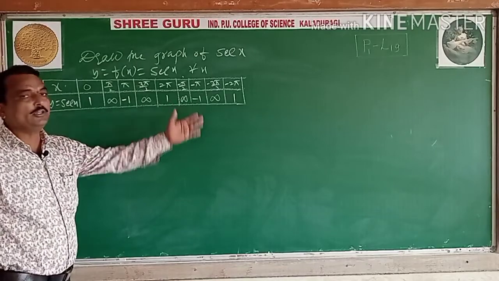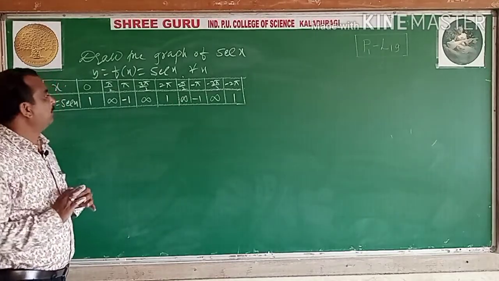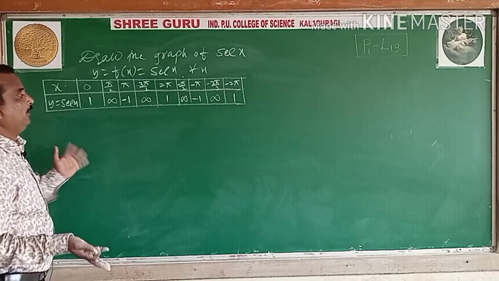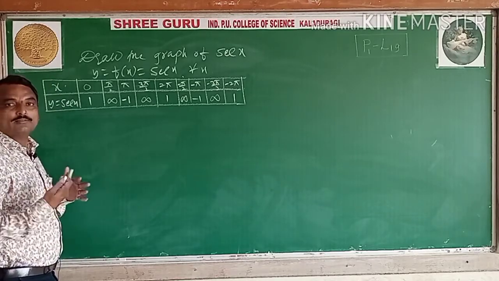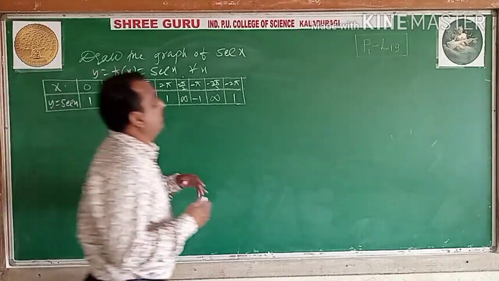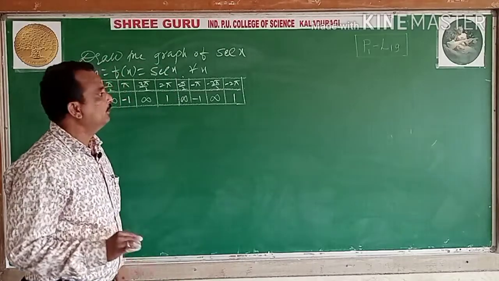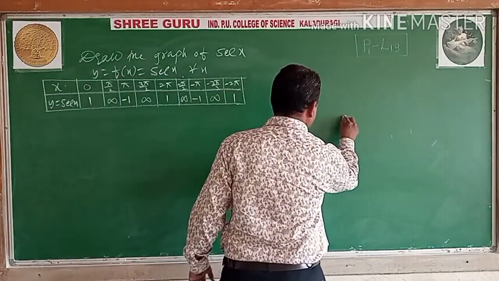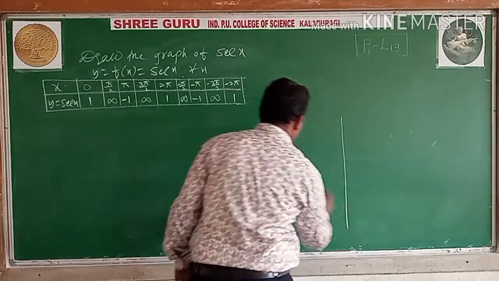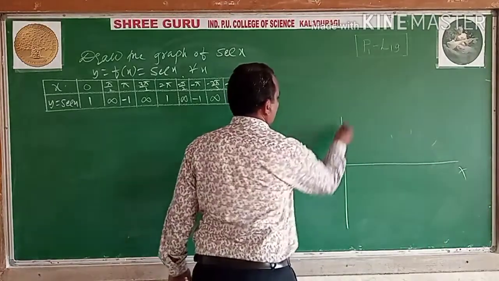See the table, students. In the previous graph, 0 and infinities, but here 1 and minus 1. There are no values less than 1 here, and minus 1 values here. So all 1 and minus 1 and infinity here. Now see the graph here. You take the graph of this one. You will come to know.